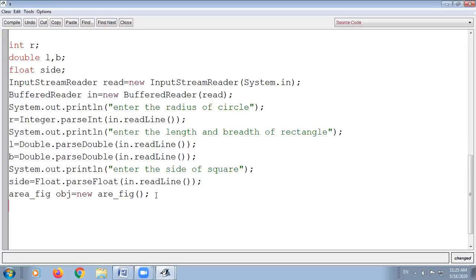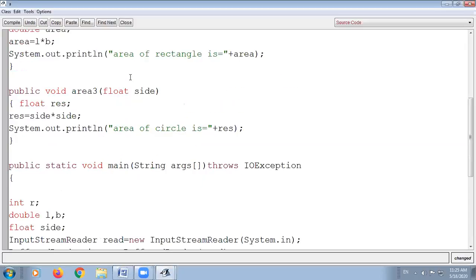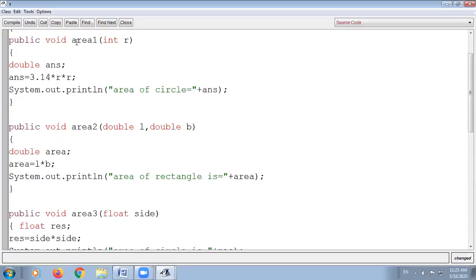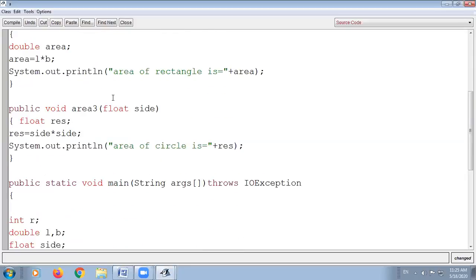As you have created the functions, it is not mandatory that you call them in sequence. It is not mandatory that the first function to be called is area 1. You can call area 2 also, and you can call area 3 also, but always remember that formal parameters and actual parameters should match between the calling function and the called function. In any sequence you can call the functions, but your sending and receiving parameters, that means the actual parameter and the formal parameter, should match.